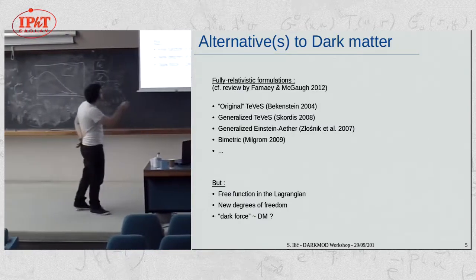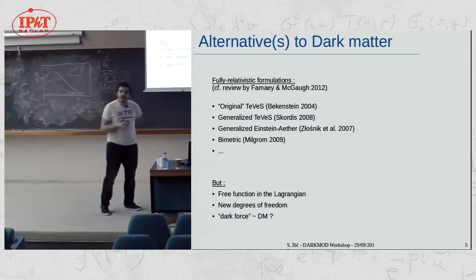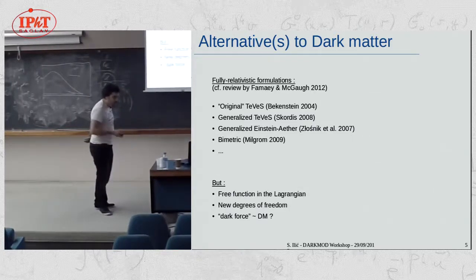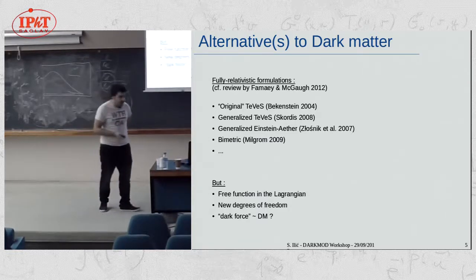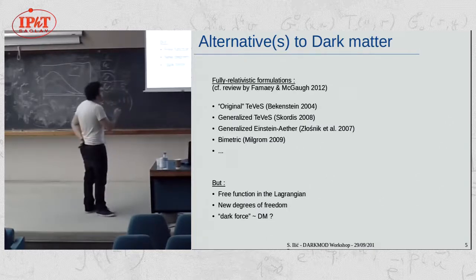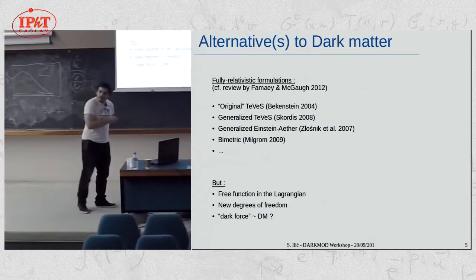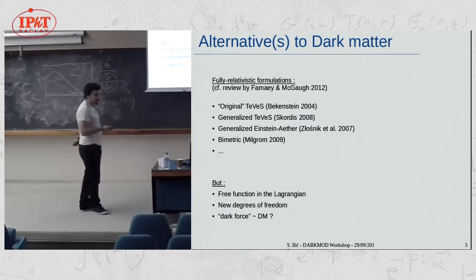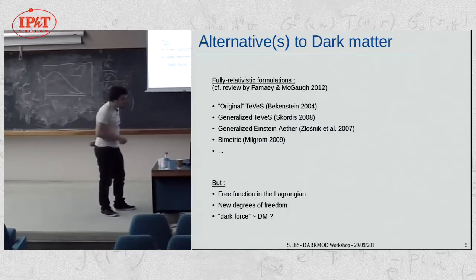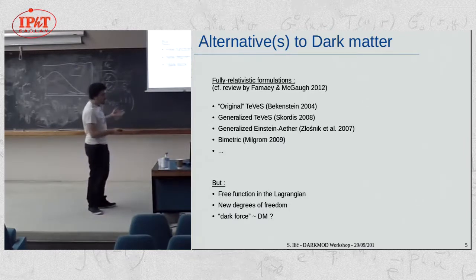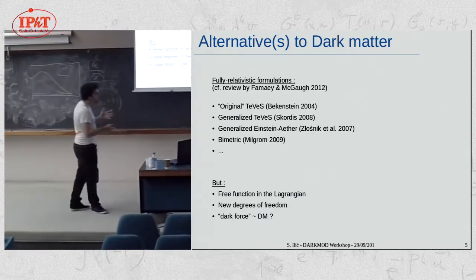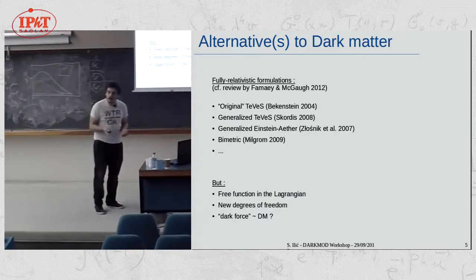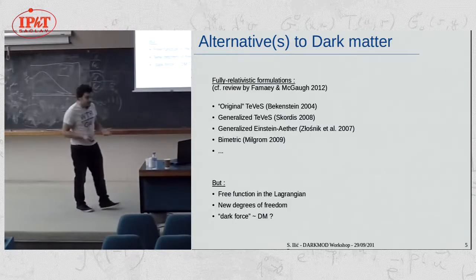But all of these theories possess a similar ambiguity as MOND, in the sense that there's also a free, kind of arbitrary function in the Lagrangian. Also, another thing is that those new theories introduce new degrees of freedom into the physics of these models, and as a consequence, it often blurs the line between what can be considered an effective additional dark force or something that could actually be achieved by a certain type of dark matter with exotic dynamics or exotic couplings.